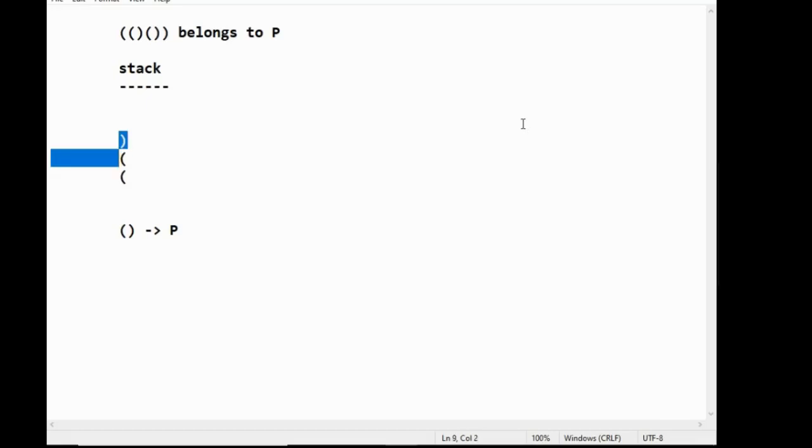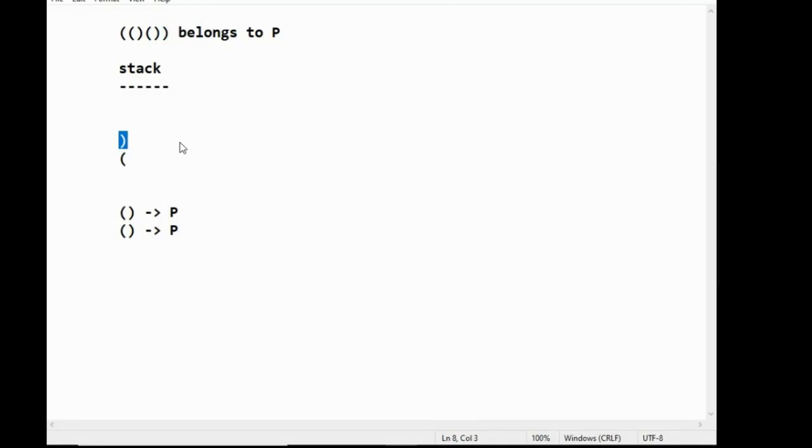When these two elements are popped, the top pointer will be decremented, and you find that the bracket open and bracket close belong to P. Next, you read the next character, because up to this character you have already read. Once you read the next character and put it in the stack, what is happening here?